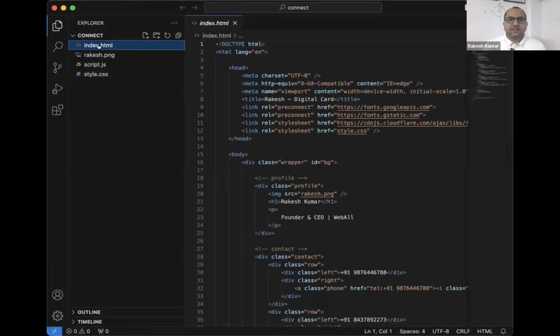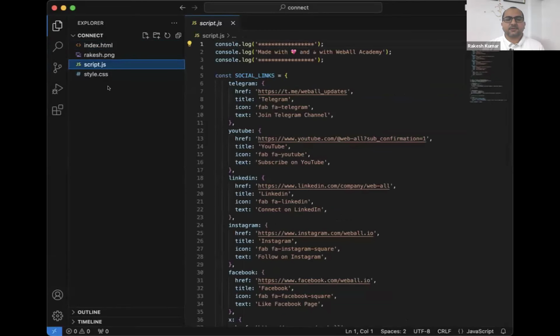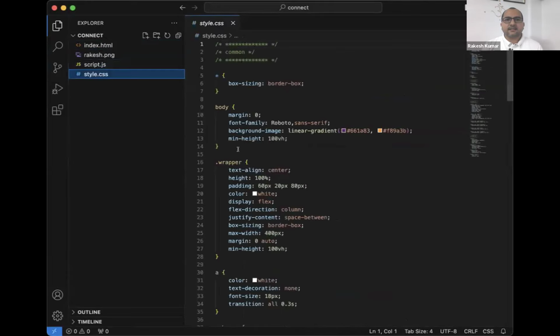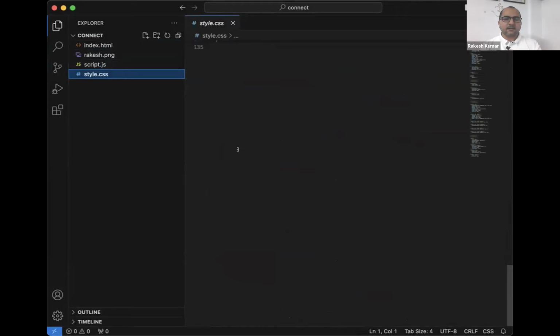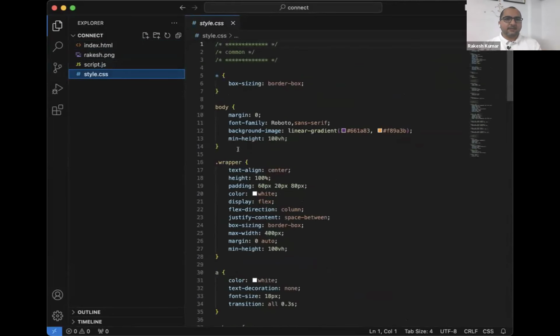HTML is whatever you're seeing on the screen. Here all the code is written, what you are seeing on the screen. JS is the logic. So here all my social media links, everything is there. And style.css is the colors, where all the colors, font size, how big, what is the color, what is the alignment, everything is written in this file. So we don't have to touch most of the things. We can leave it as it is. And we can start with the